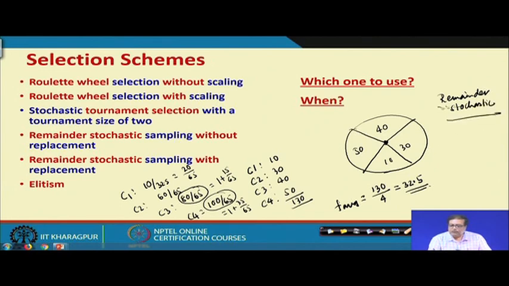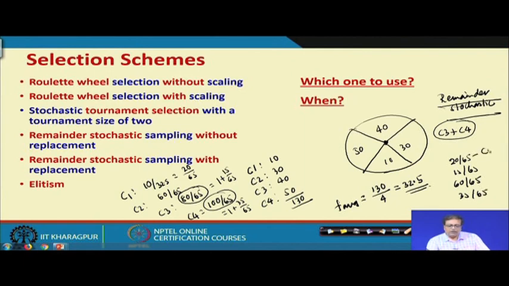we take one string of C3 and one string of C4, one each, because there is one, and then I create the roulette wheel in such a manner that the ratios are 20 by 65, 15 by 65, then 60 by 65 and 35 by 65.